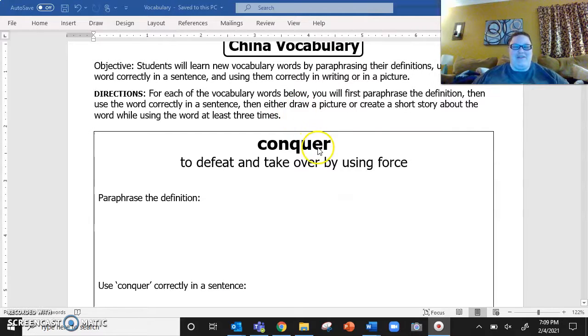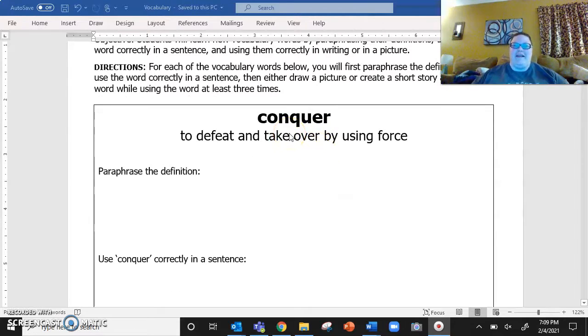Okay, our first vocabulary word is conquer. Remember, I say, you say. Conquer. Conquer. Good job. Conquer means to defeat and take over by using force. Okay, so if I'm going to paraphrase this, then I'm going to say,